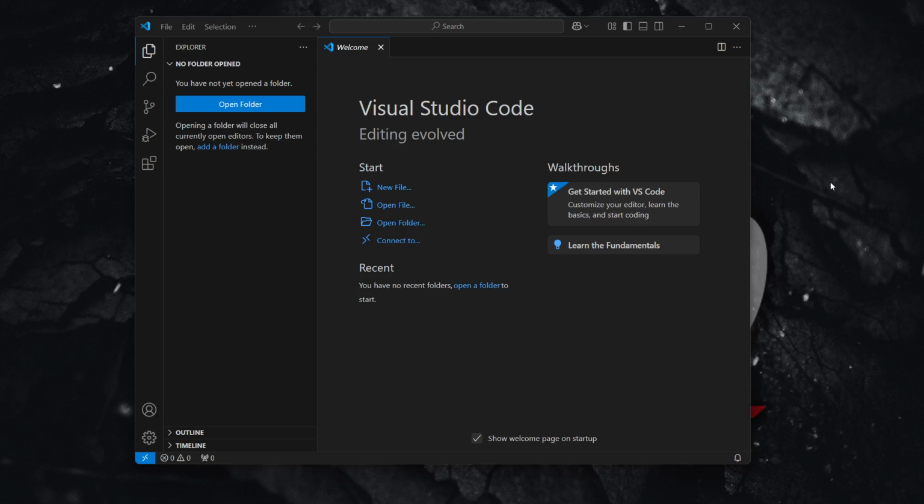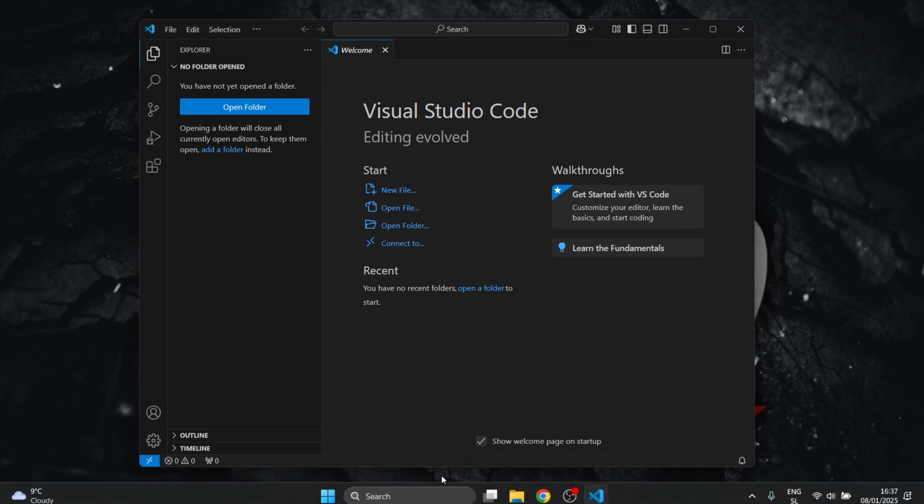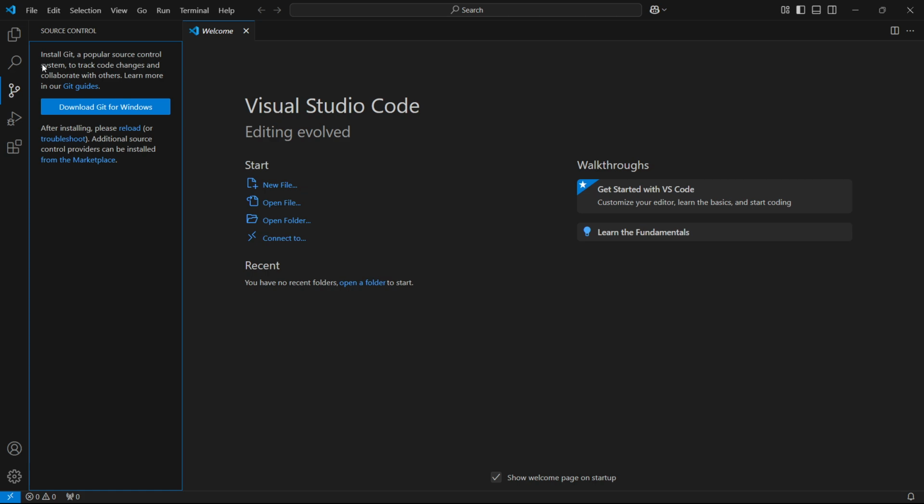In this video, I'm going to show you how to clone a repository from GitHub to Visual Studio Code. It's actually quite simple. First, you have to open up Visual Studio Code on your computer, so just open it up. And then once it's opened, you want to go over here to the third tab on the left where it says Source Control. And over here it says you can install Git, and then you want to click Download